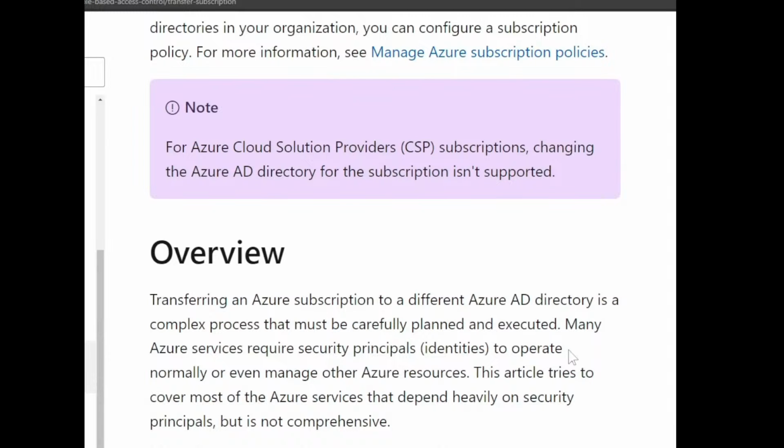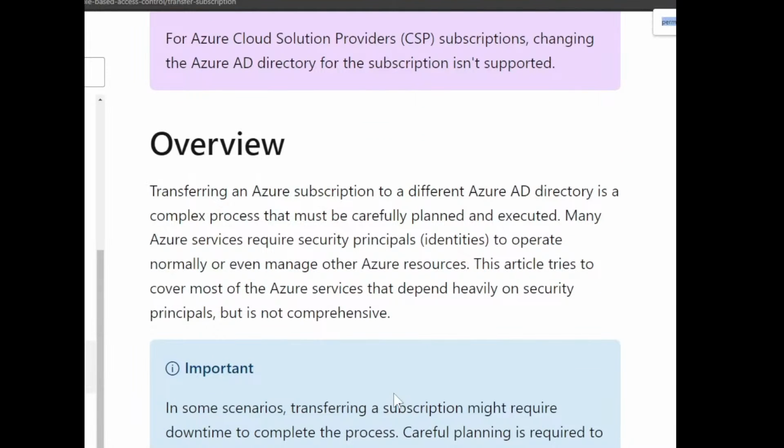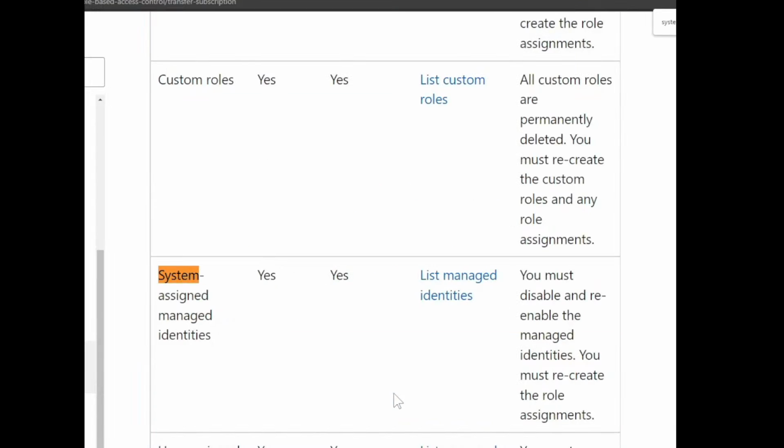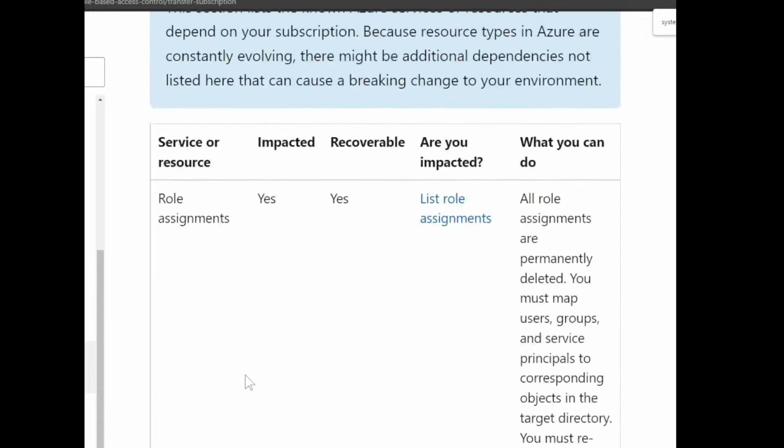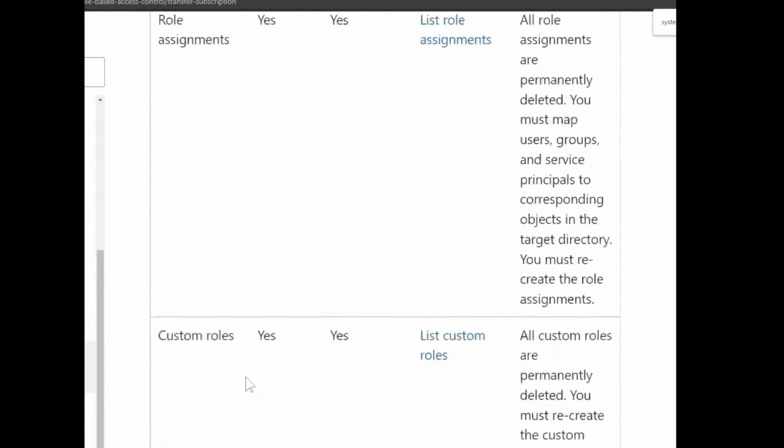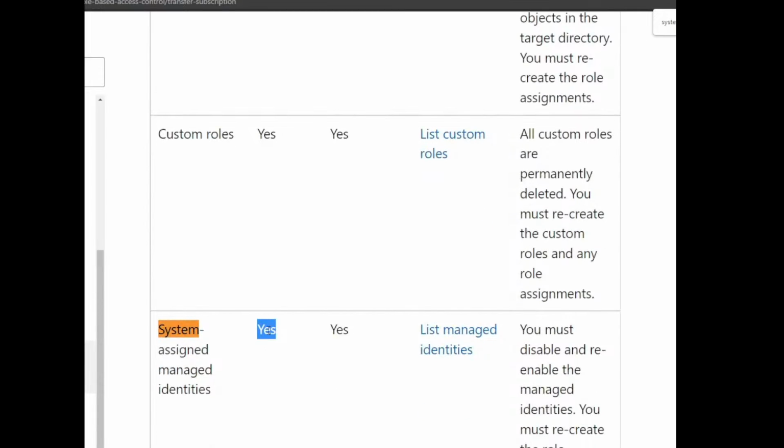Okay, ulit, pwede. Hmm. Control F, system. Oh, system assigned managed identities. Impacted. And then you must create role assignments.